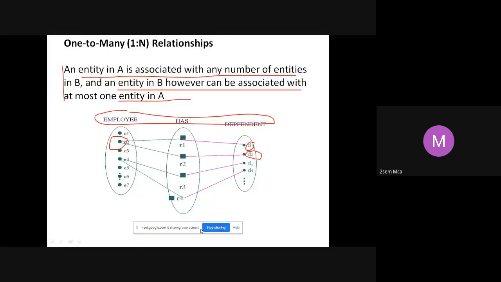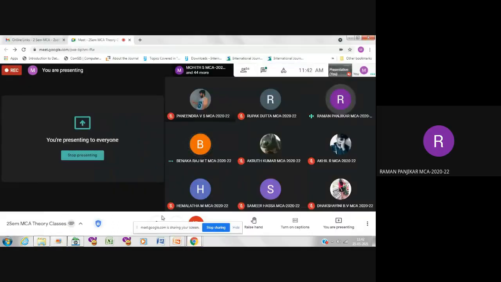Ma'am, faculty to department. Every faculty can belong to only one department. No, you can't take that for 1-to-many. One faculty can belong to the MCA department or the engineering department? No, I can belong only to one department. I can't belong to 2-3 departments. One teacher teaches many students. Managers to employee, ma'am.